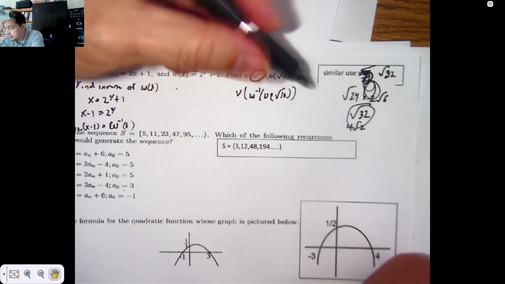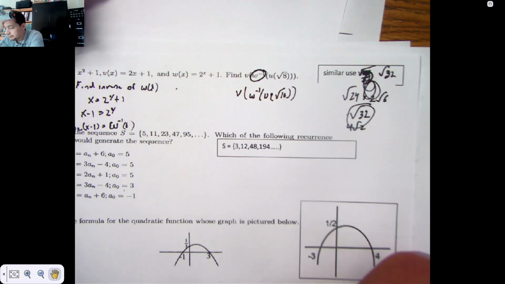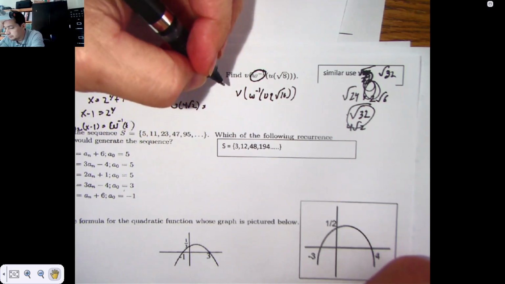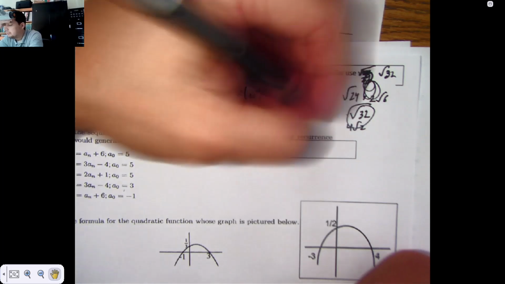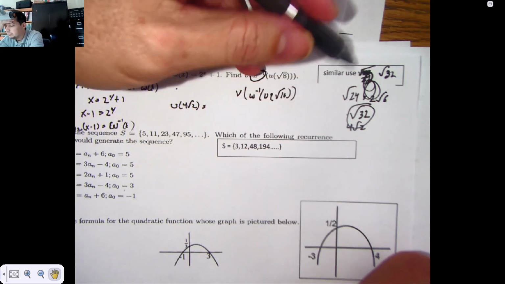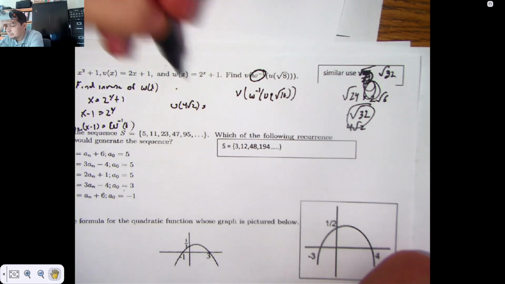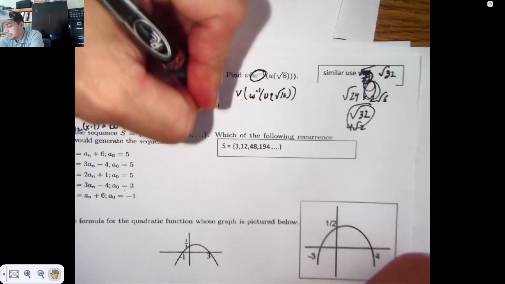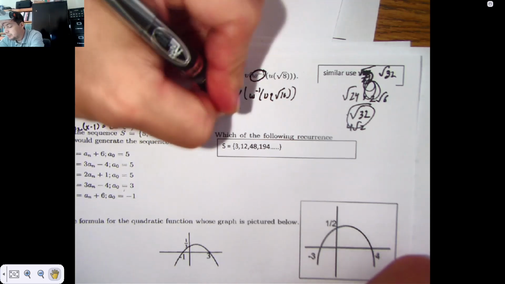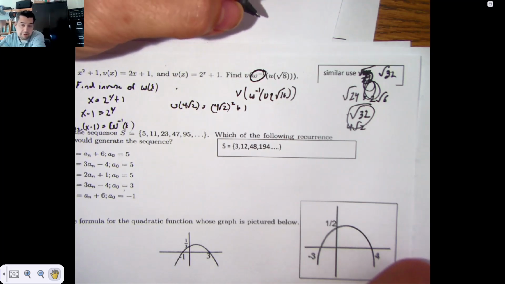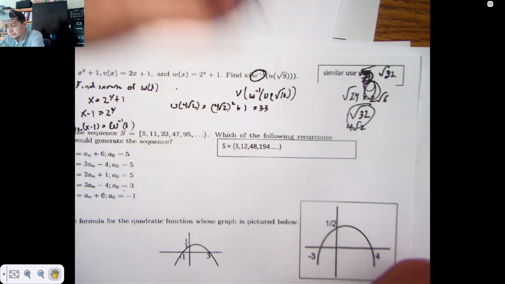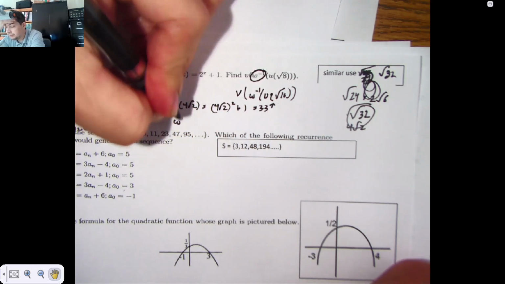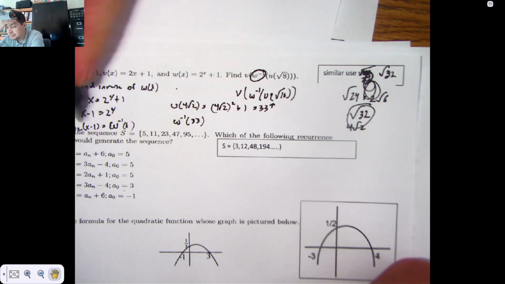So the first thing I'm going to do is find u of 4 root 2. You know the way this thing was set up. Yeah, we'll just leave the number bigger. 4 root 2 to the second plus 1. That's going to be 33. Now I know that this is a 33. I get to find w to the negative first of 33, which means I'm going to plug a 33 in